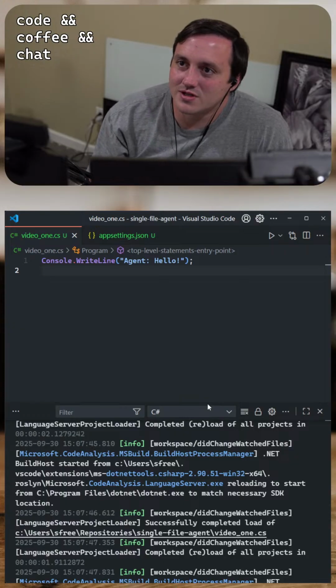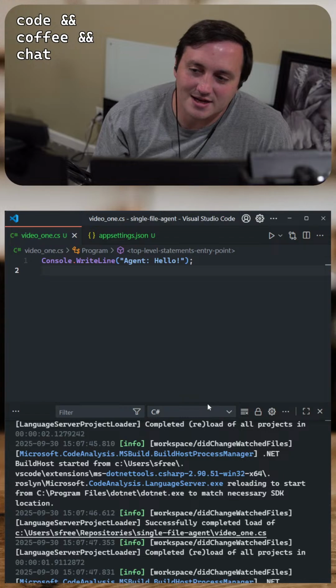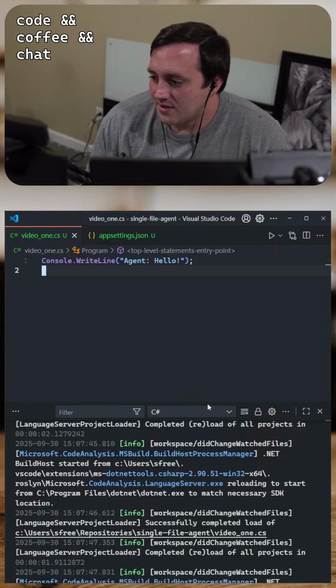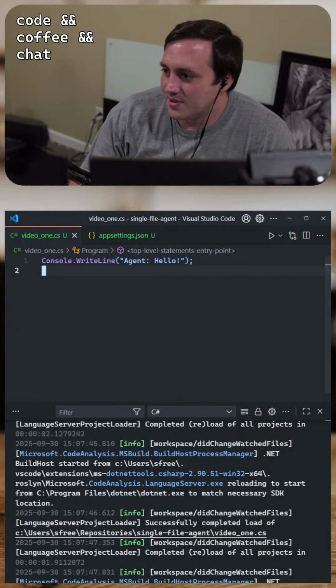And if you couldn't use static types, you could just fall back to good old JavaScript with some JS docs. But yeah, I would say C# is my favorite at the moment.